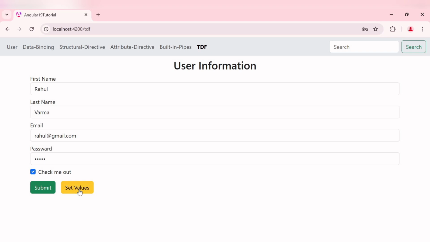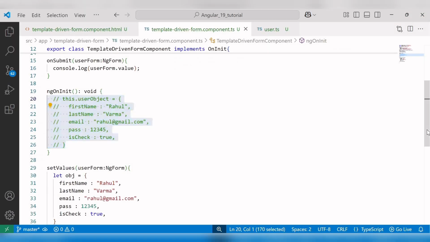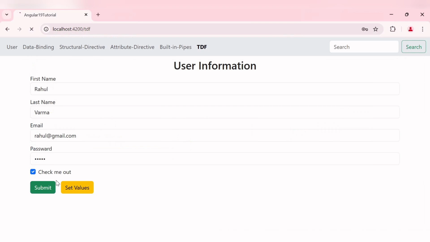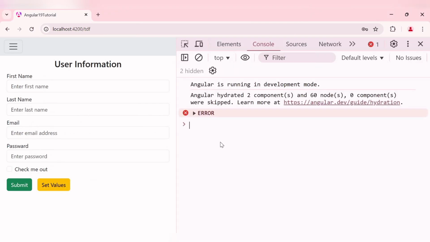Okay, so this is how we have successfully set the values individually using the set value methods of each form control. But what if we want to set only these 3 properties instead of all 5 properties? Like here, if I comment out these 2 properties from this object, and now let me open developer tool again,